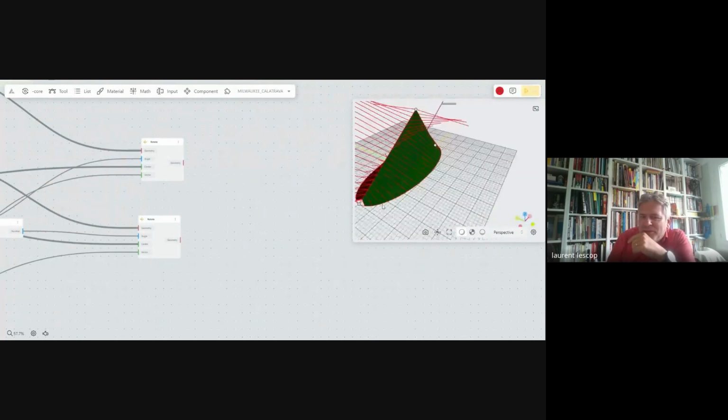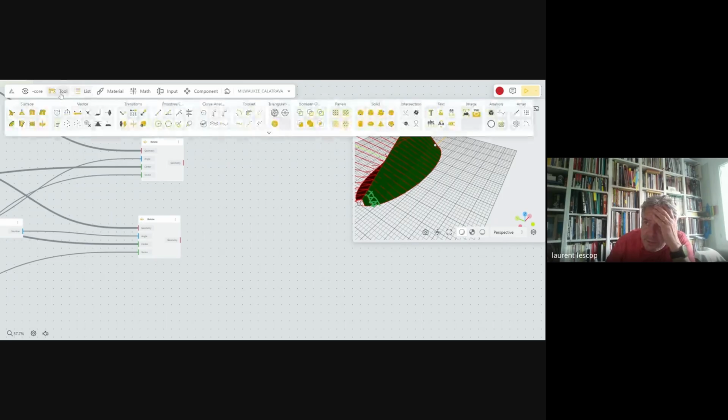What I want to do, so I will do a small drawing here. What I would like to do is to take this and that and fill it with a loft surface. So then I will take that one and that one.